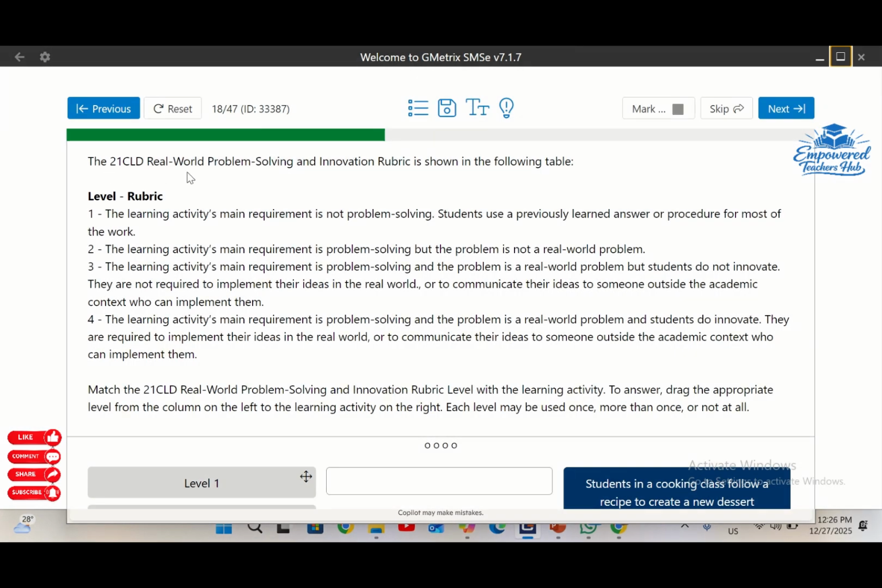The 21CLD real world problem solving and innovation rubric is shown in the following table. Level 1. The learning activity's main requirement is not problem solving. Students use a previously learned answer or procedure for most of the work. Level 2. The learning activity's main requirement is problem solving, but the problem is not a real world problem. Level 3. The learning activity's main requirement is problem solving, and the problem is a real world problem, but students use